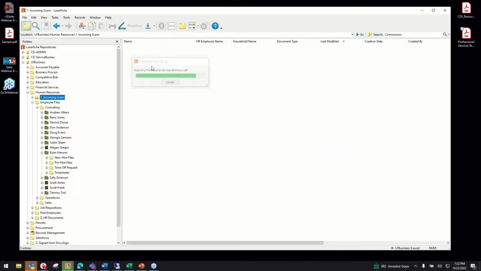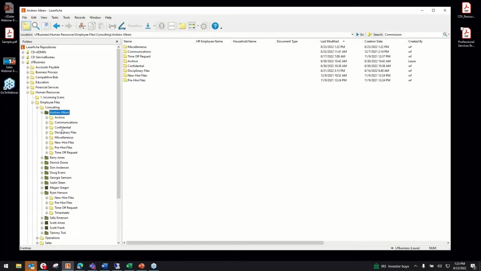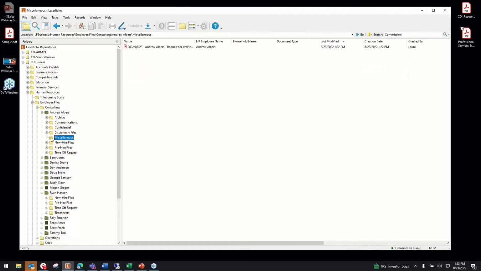And then workflow is set up behind the scenes. So I dragged and dropped that document in here. It's not here. Where did it go? It's because workflow grabbed it and auto-filed it. So based on the metadata information I applied, if I go into Andrew's folder, into miscellaneous, we can see here